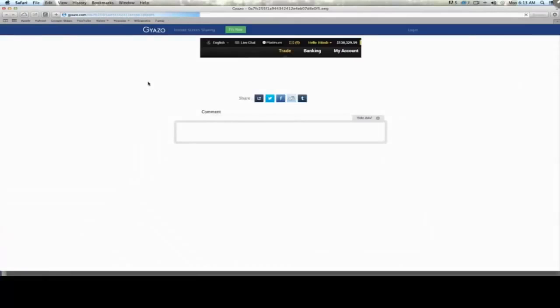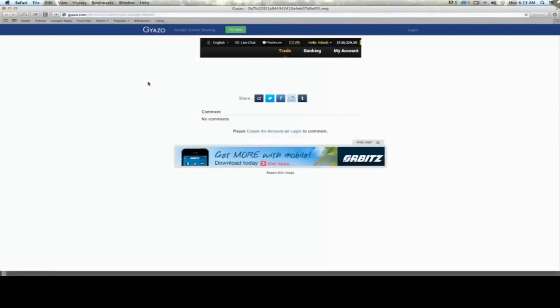Let me clarify a few things. What Kevin was showing you was $5 accounts and things like that. Here's one of my accounts, as you can see, with the $130,000. I obviously don't do $5 trades. I do different level trades, but I'm not a good test subject because I've done this before. That's why Kevin is a great test subject, because he's doing it the way that everybody else would be doing it as well.